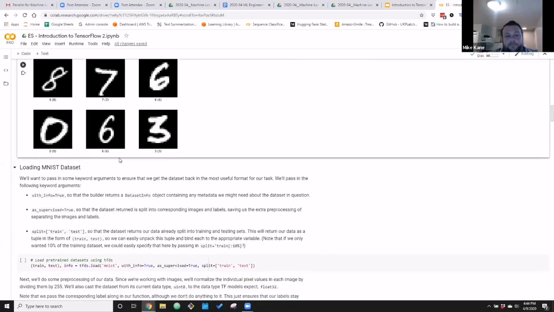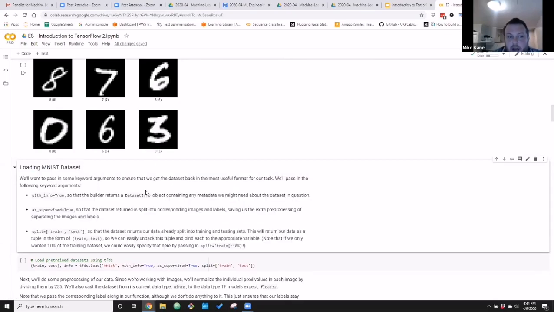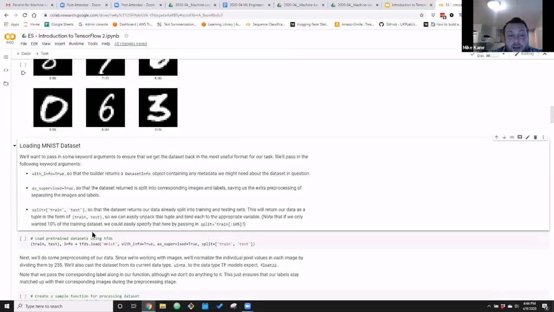Okay, now you'll see in this notebook I have added a lot of information about what the code is doing, what the keywords are doing. You all know how to read, I assume, so I'm not going to insult your intelligence by reading to you. It is here for notes because I figure you will want to come back to this later and look at it again. But I'm just going to breeze through some of this stuff and talk about the code that I'm running.